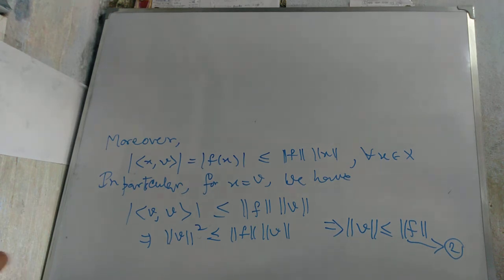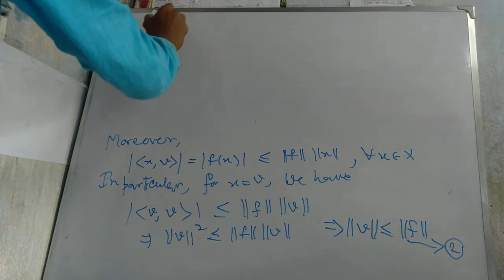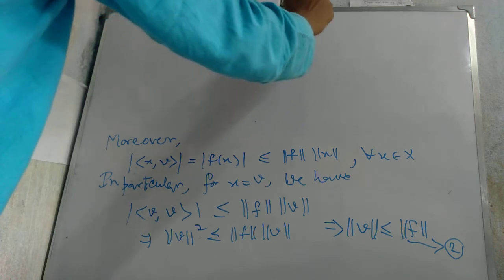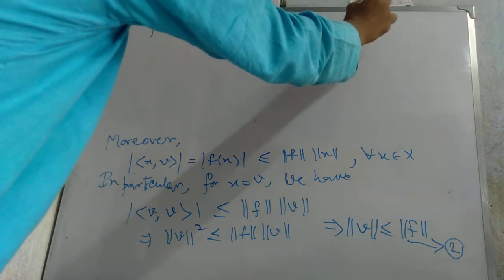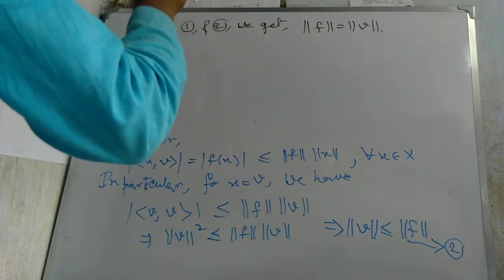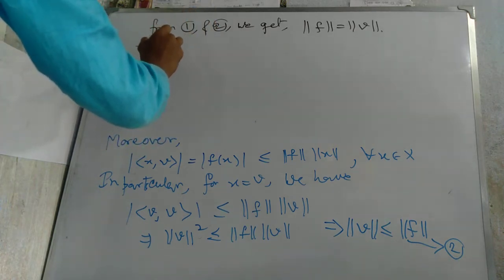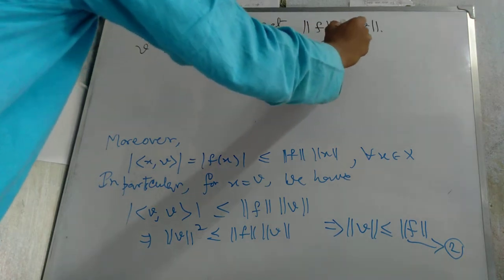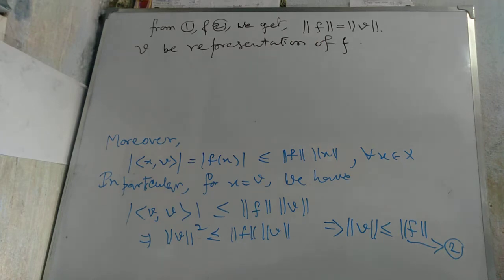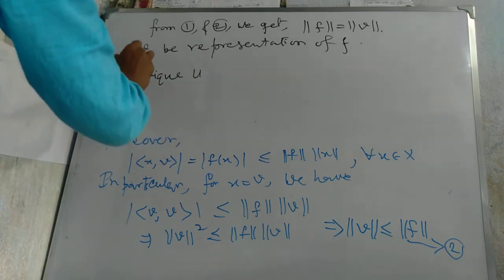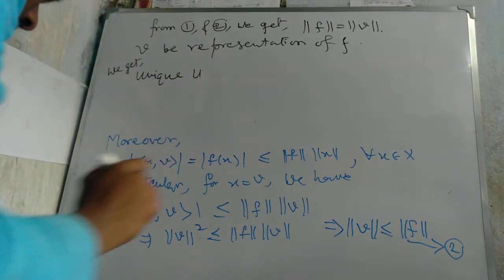From 1 and 2 we get norm of f equal to norm of v. Then the element v is called the representation of f. Obviously we get a unique element u, one unique u belonging to X,